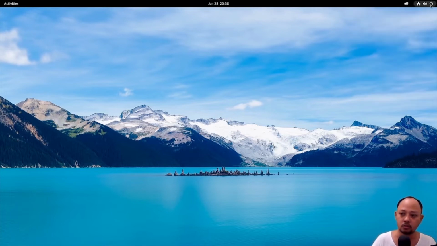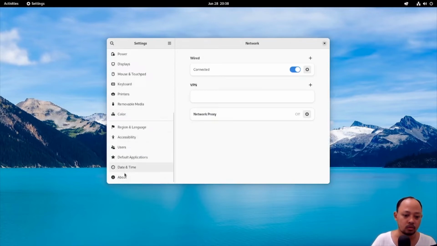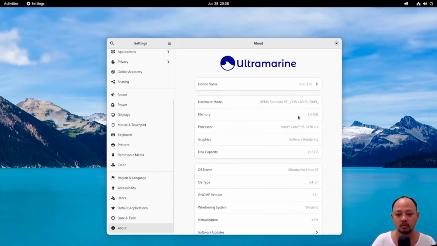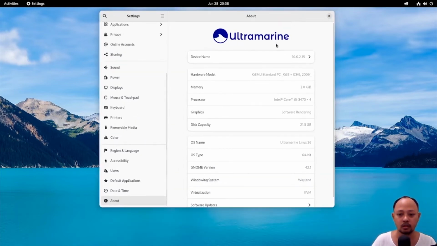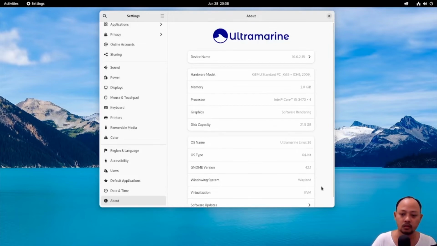Okay, let's go to the settings. I will go to the About part. So we can see in here that the GNOME version is 42.1 and the windowing system is Wayland.